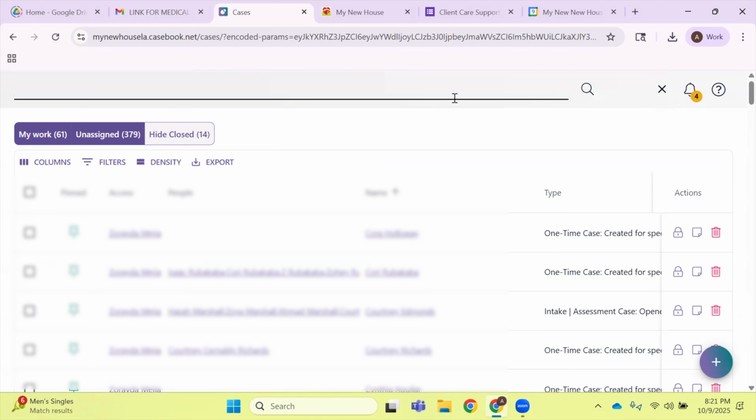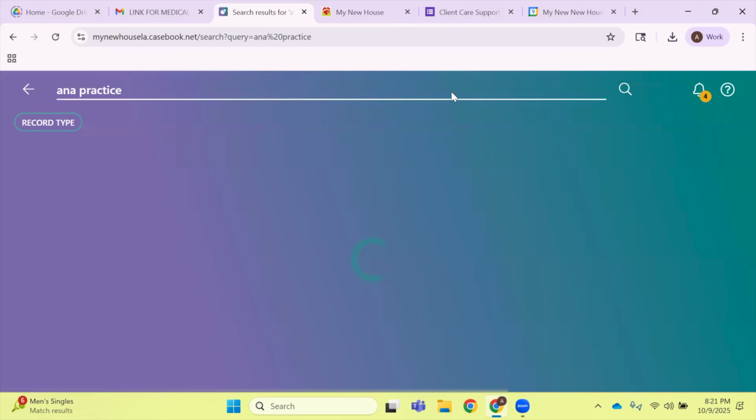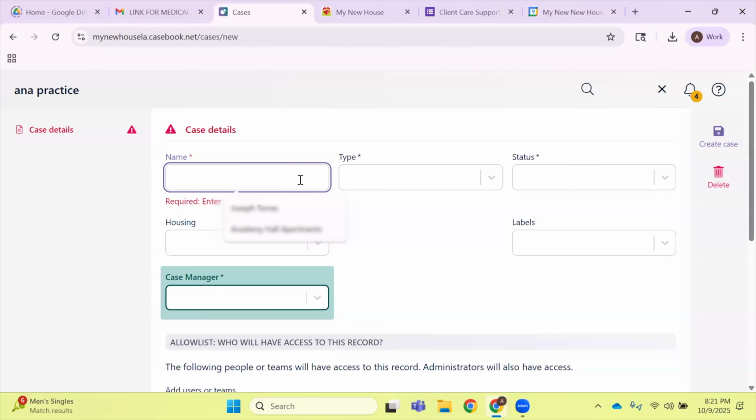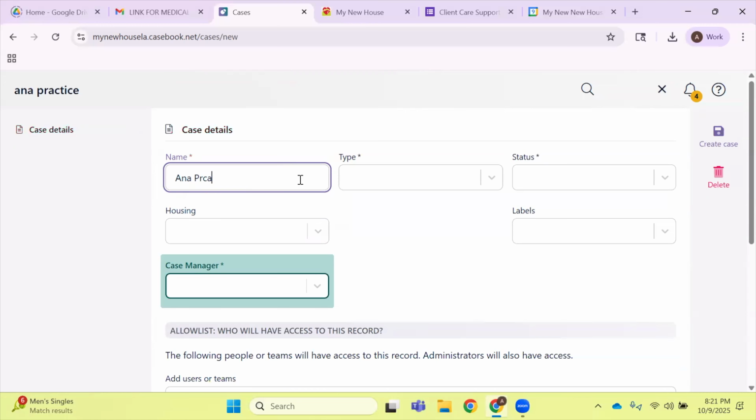exist. So I'm just going to search and make sure that she doesn't exist. And I click Anna Practice, and there are no such people. There's other people. These are not Anna Practice. So I go back, and then I go here, create case, start entering information for Anna Practice, like the full